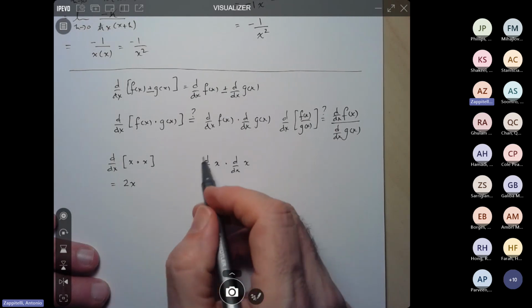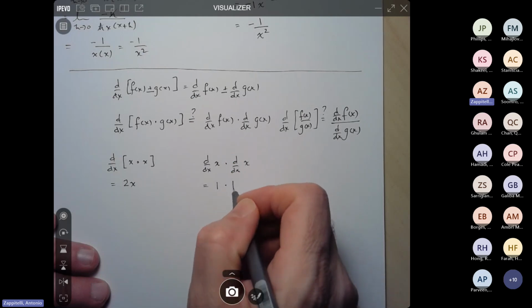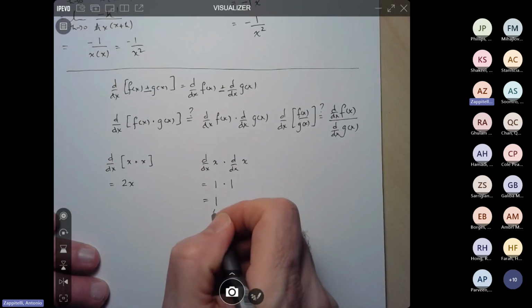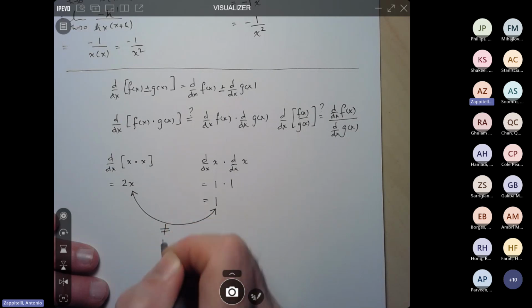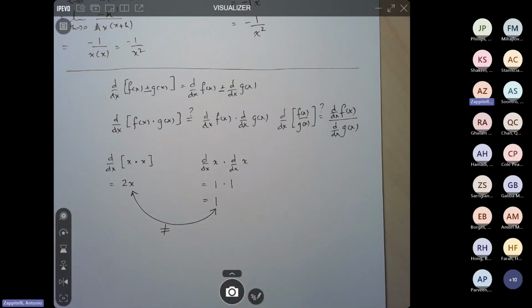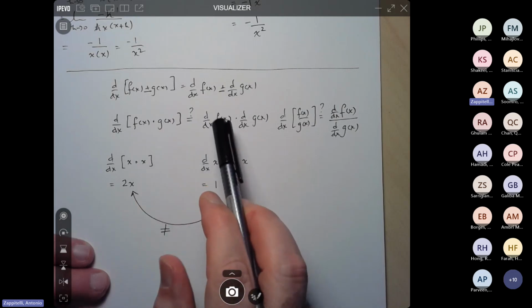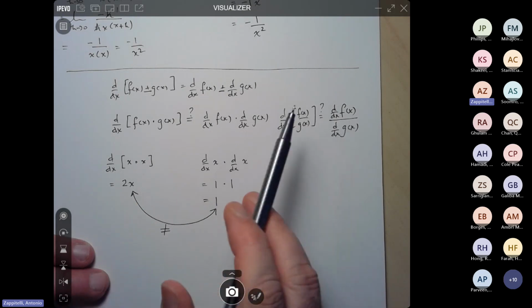Well, what's the derivative of x? That's equal to 1. And what's the derivative of x? That's equal to 1. And of course, 1 times 1 is equal to 1. So are these two things equal to each other? And the answer is no, they're not equal to each other. So what this shows is that the derivative of a product is not equal to the product of the individual derivatives. Okay? And you can come up with a similar example for